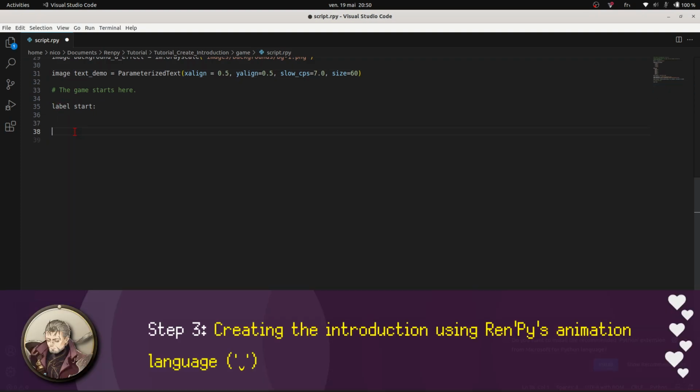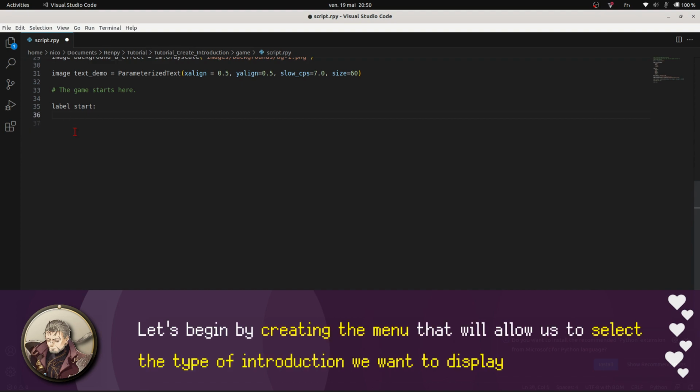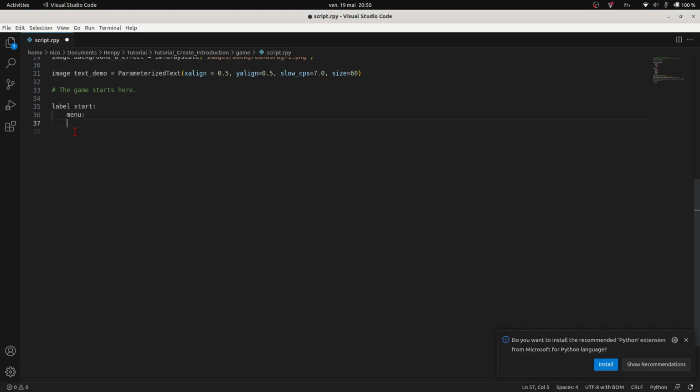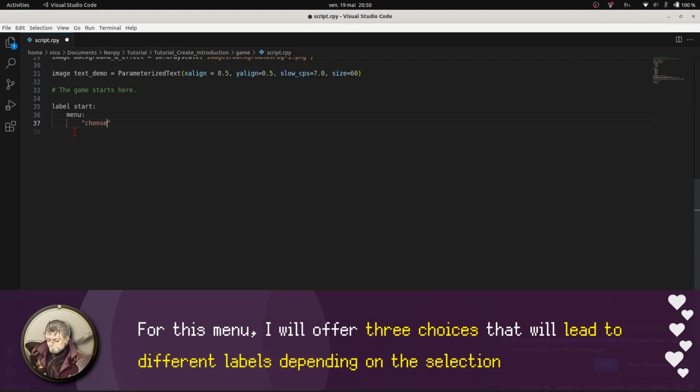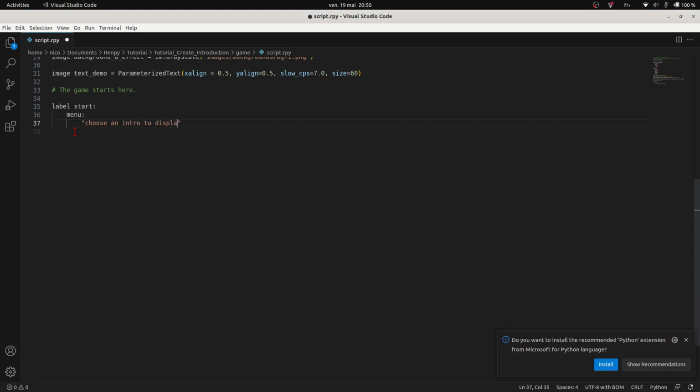Step 3. Creating the introduction using Ren'Py's animation language. Let's begin by creating the menu that will allow us to select the type of introduction we want to display. For this menu, I will offer 3 choices that will lead to different labels depending on the selection.